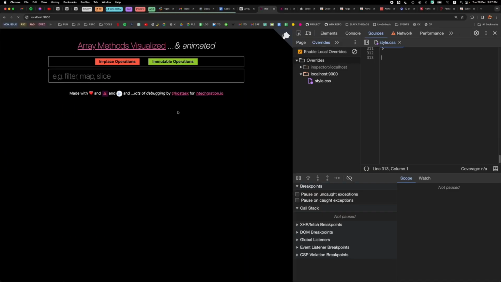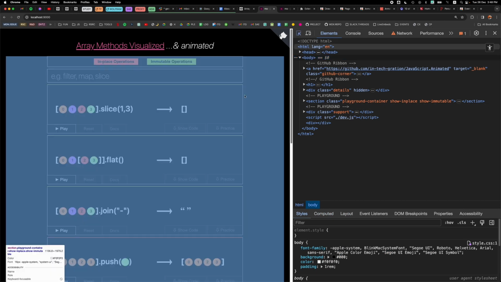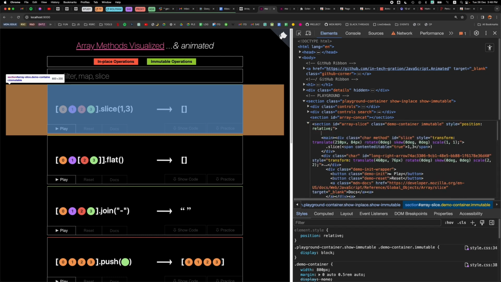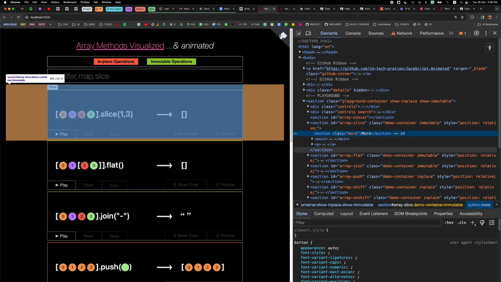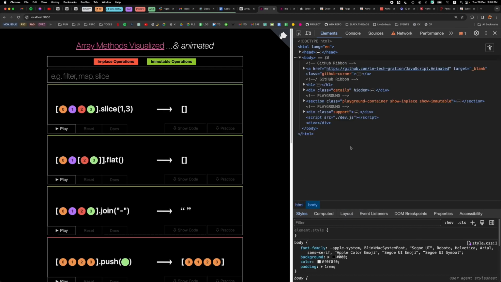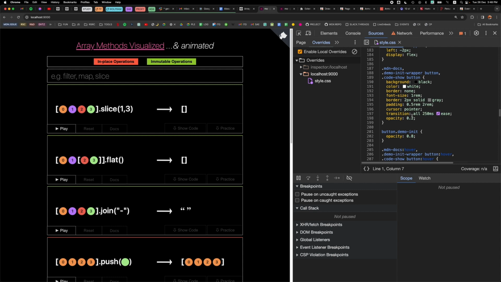Now let me refresh and see whether this is still working. So I'm going to have to manually add the button. Once again, I got into the bad habit of using a div instead of a button. You can see there's something wrong happening. Let me just right click and copy this. So let me refresh. And let me open up the style CSS and see whether I can see the changes